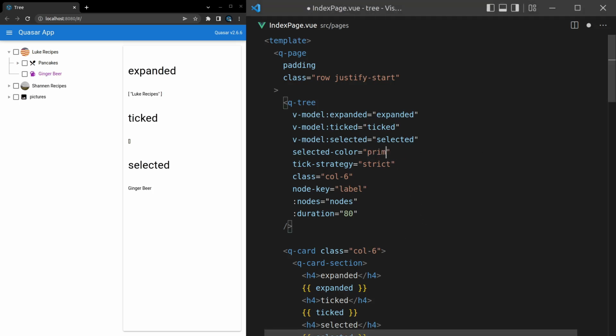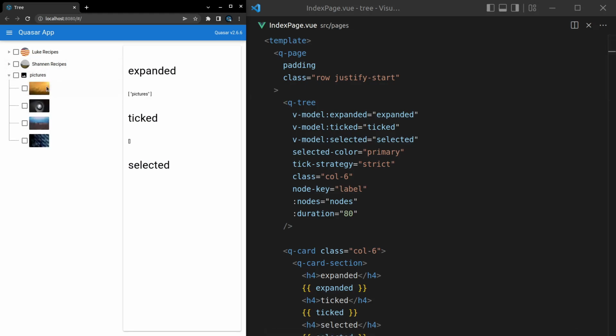And in this case, you'd probably want to choose your primary color because that's going to be a little bit more obvious. All right, that was a bad example going into pictures. And now we can select chana masala. Why isn't this working? Let's refresh the page. All right, I did something weird, but now it's working. And I can select individual things. And since it's the primary color, it's a little bit more obvious to the user in that case